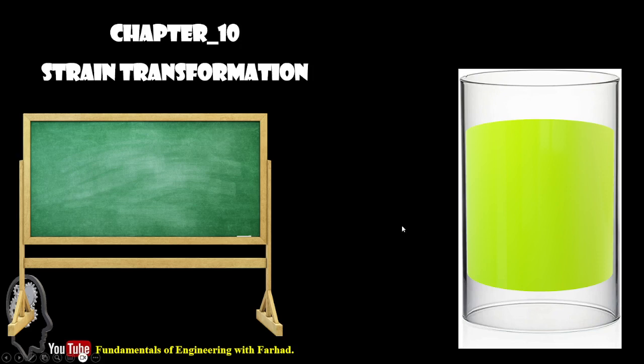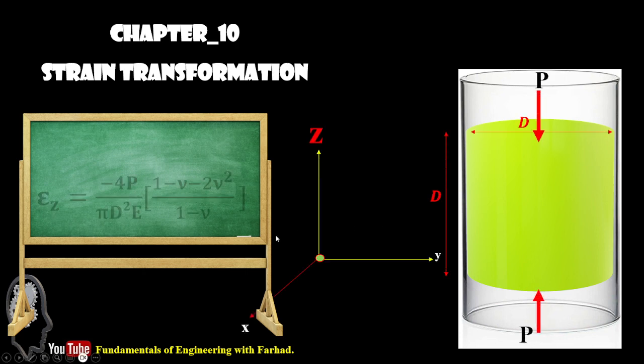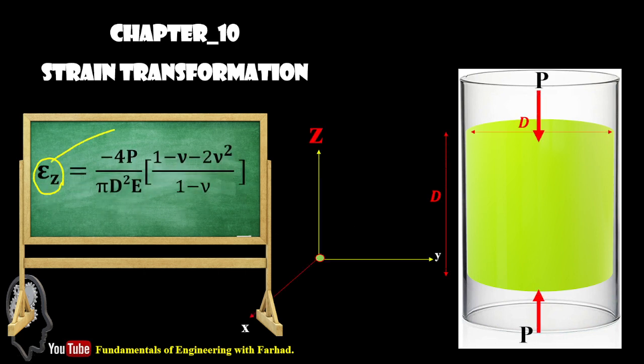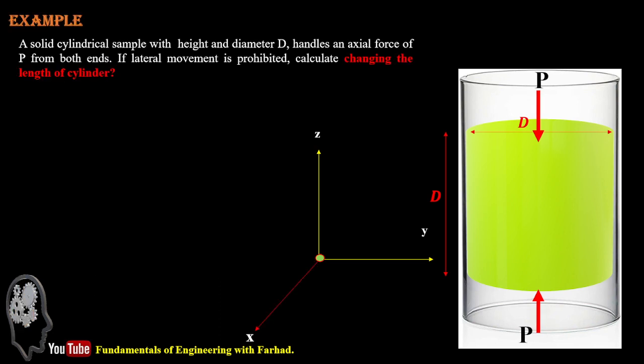Hi everyone, Mechanics of Materials, Chapter 10, Strain Transformation. In this example, we have a solid cylindrical sample with height and diameter d,